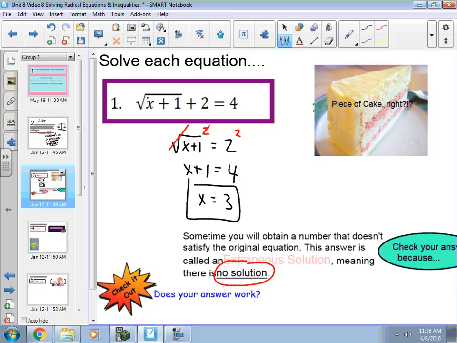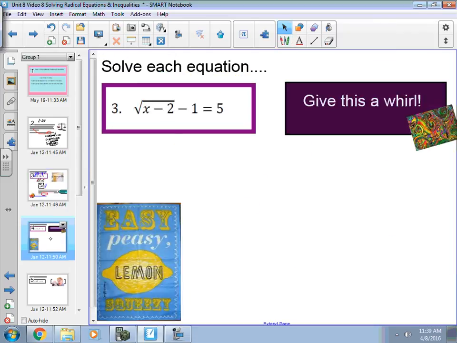Well, let's see. If we put 3 in here, 3 plus 1, that's going to be square root of 4 plus 2. Does that equal 4? Yeah, I think it does, because square root of 4 is 2. 2 plus 2 does equal 4. This checks out. Our answer does check out. It's good. But do a quick check, because sometimes you do get extraneous solutions when solving these. All right, let's look at